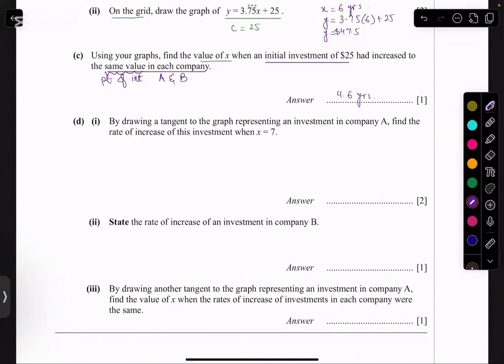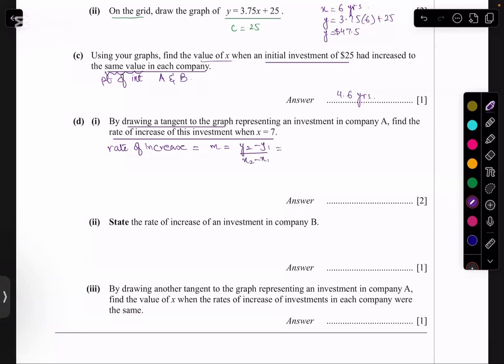D part 1 says: by drawing a tangent to the graph representing an investment in company A, find the rate of increase of this investment when x is equal to 7. What do we mean by rate of increase? Rate of increase actually represents the gradient value. The gradient value is y2 minus y1 over x2 minus x1. Rate is always referred to as